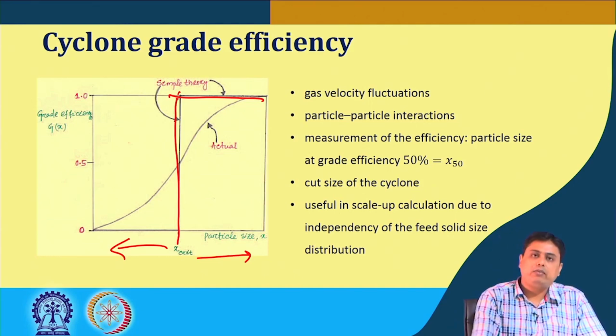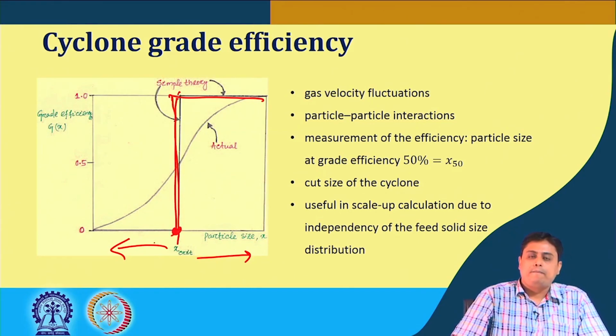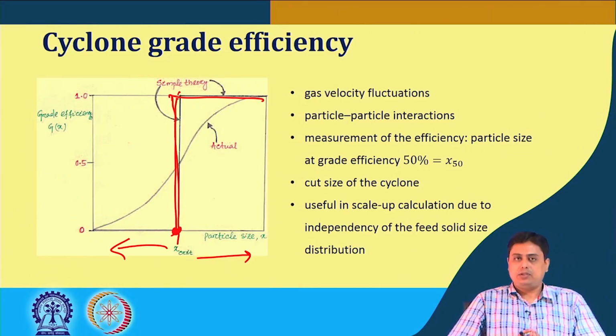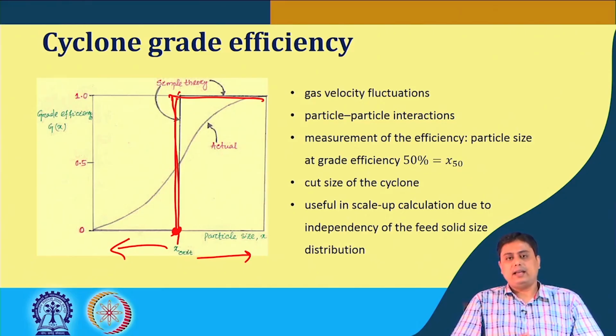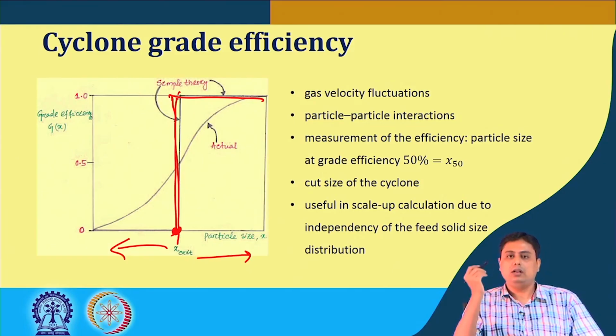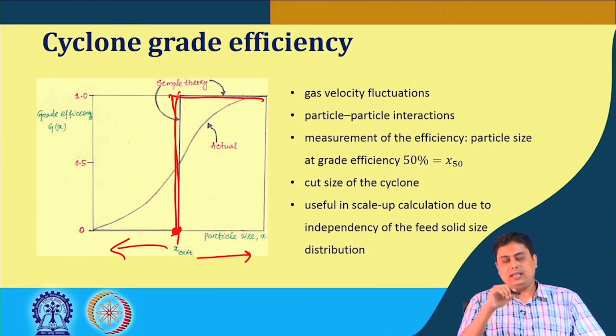This simple theory that we have shown should predict that this is your x critical and this is the critical size that can be captured, or larger size than that, and any smaller size than critical size will basically still be in rotation, and the chances are that it will not be captured because it is not touching the wall. So ideally this is the case,